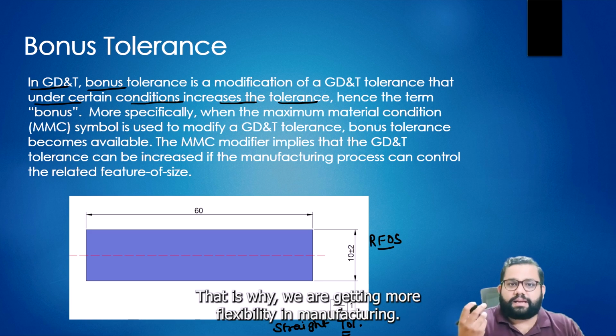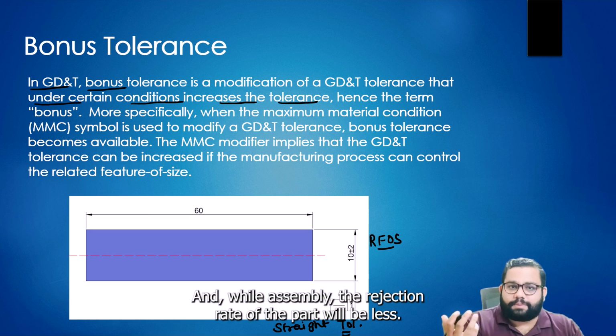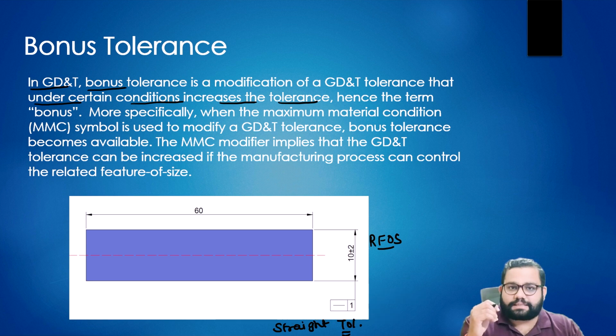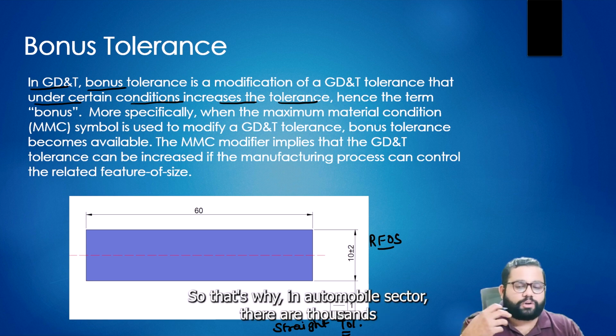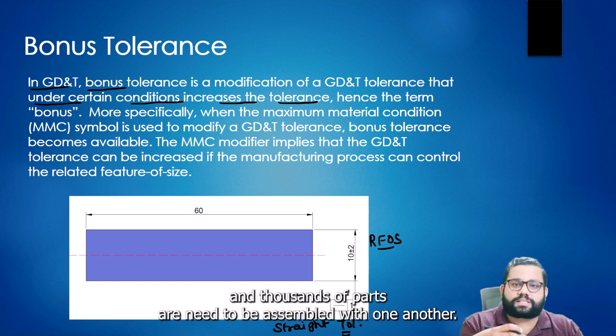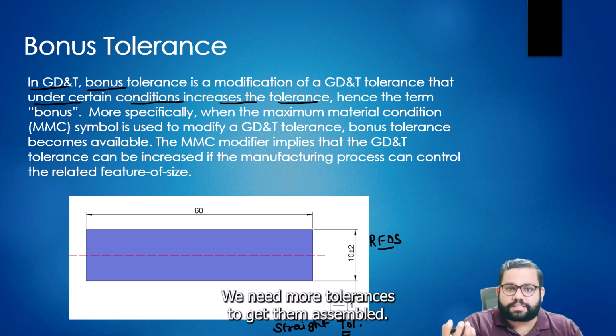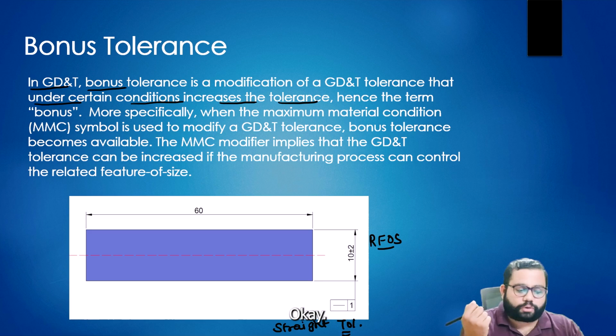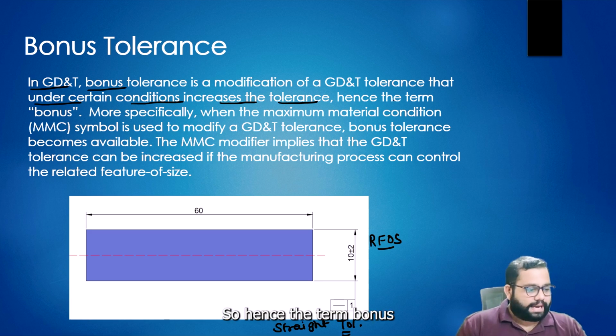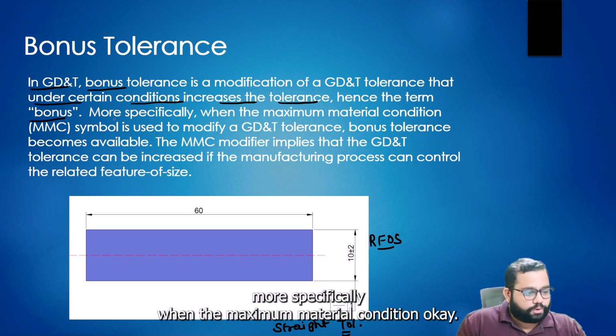That's why we are getting more flexibility in manufacturing, and during assembly the rejection rate of the parts will be less. That's why in the automobile sector, where thousands and thousands of parts need to be assembled with one another, we need broader tolerances, more tolerance, to get them assembled. Hence the term bonus, more specifically when the maximum material condition